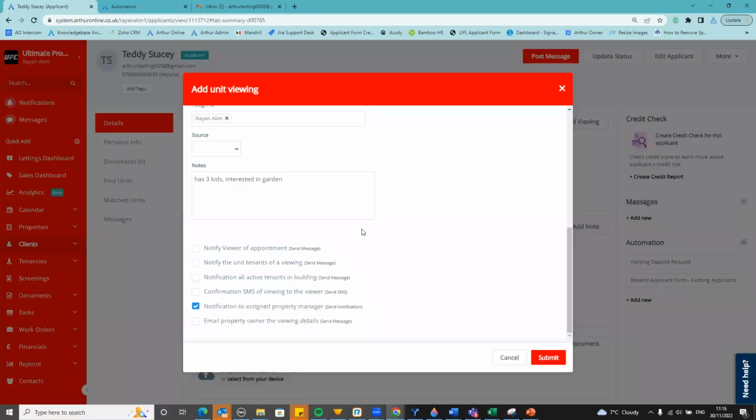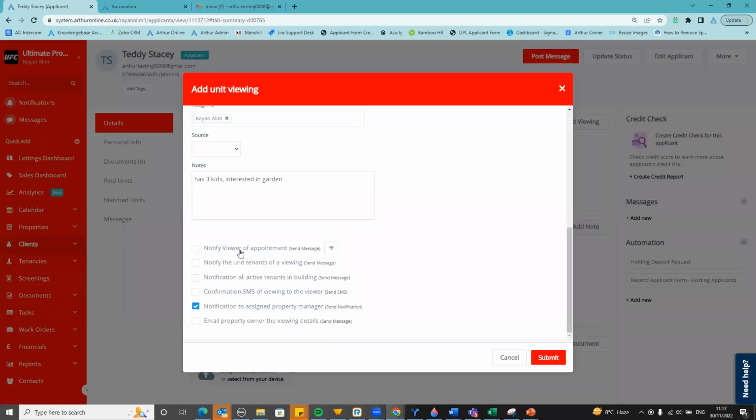As you can see, I've got a list here of predefined, pre-written templated emails or texts that I've created. And again, you have the facility to create, amend and make your own. Quite simply, if I tick any of these boxes prior to creating my viewing, Arthur would then push these out automatically. Some of the examples that might be quite relevant for you would be, at the top, an email that would go out to the applicant that I have